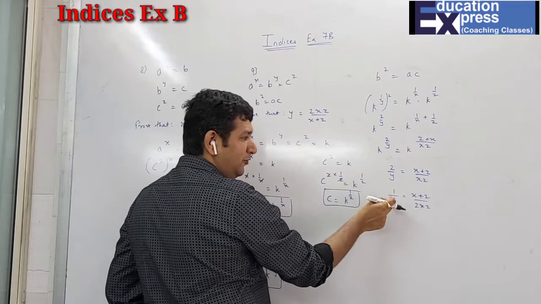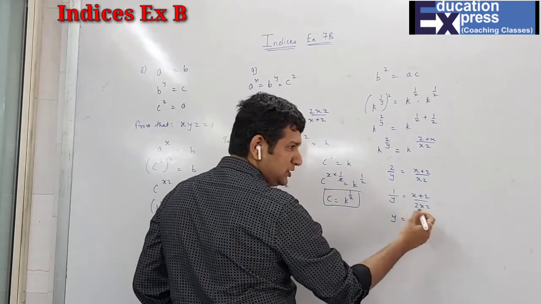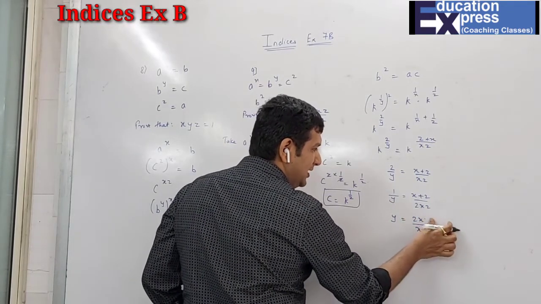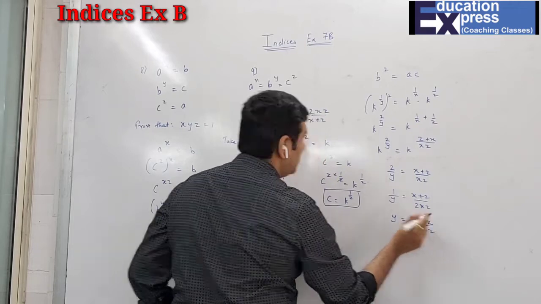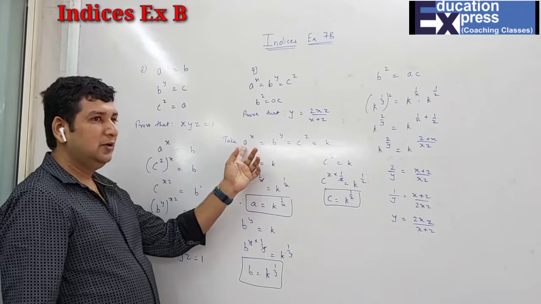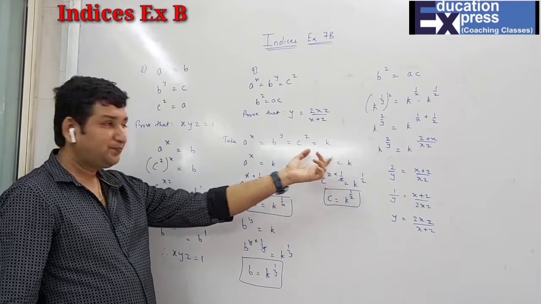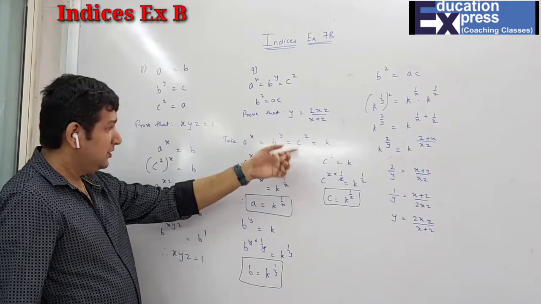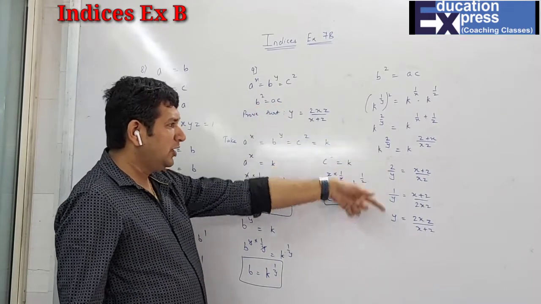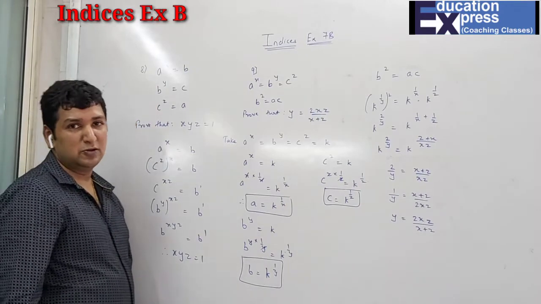Now I want only y, not 1 upon y. So in case if I want to make only y, I have to take the reciprocal. So for reciprocal, y equals to, reciprocal obviously on both the sides, 2xz upon x plus z, and hence we can say it's proved. Done. So students, what I have done, I have just found the value of each and everything in terms of k, because the bases are not same. So once you get the values for a, b, c, I have substituted the values, and then afterwards accordingly whatever I want, I have just gone for that.